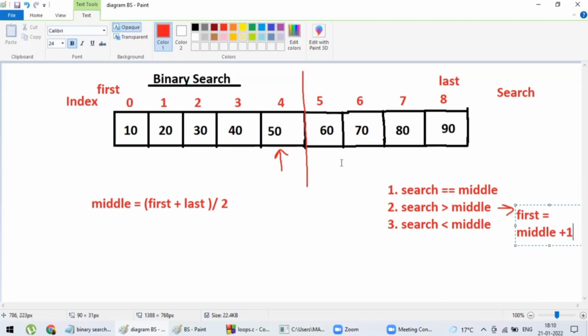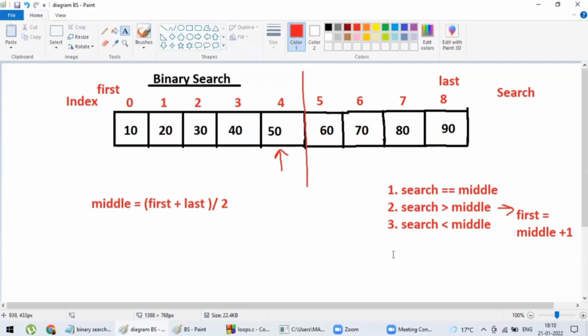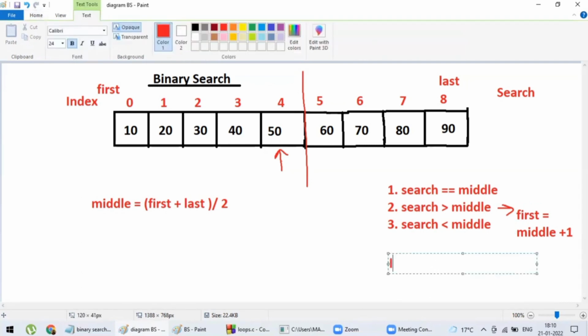Now the last variable should be last equal to middle minus 1, because middle is 4. So now the last element should be last equal to middle minus 1. That means last element is 4 now.